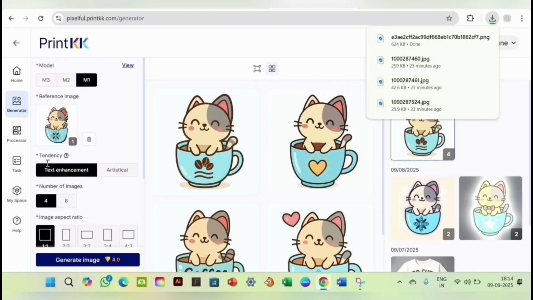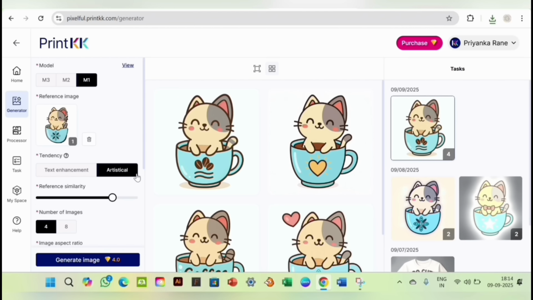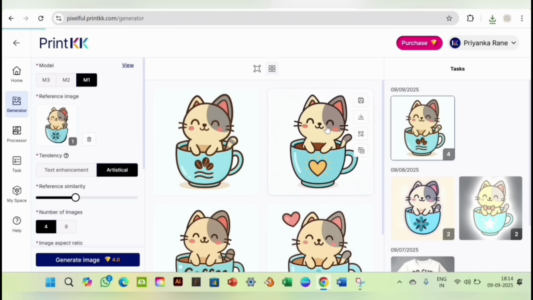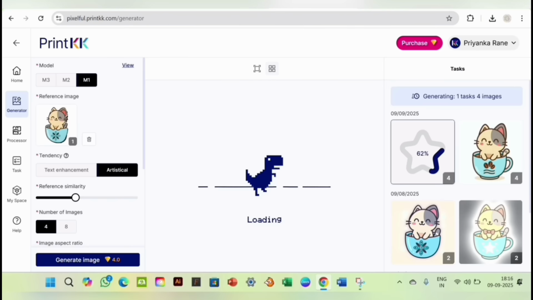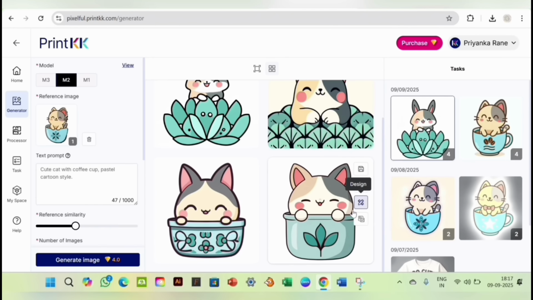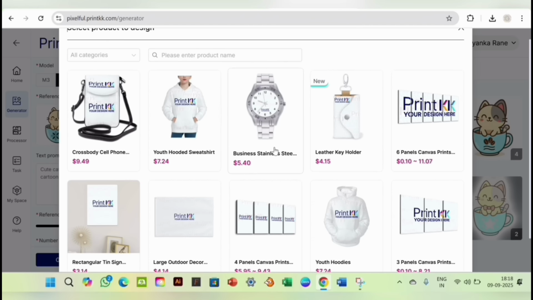For model 1 we don't need a prompt, we can just select our image and artistic style. Reference similarity we will keep a bit low. Number of images I will keep at 4 as it is, and I'm going to hit generate now and submit. So let's wait. Wow, this is awesome. Looks like print ready, and the good thing is we can upload this design directly to